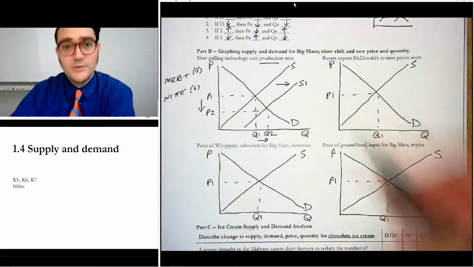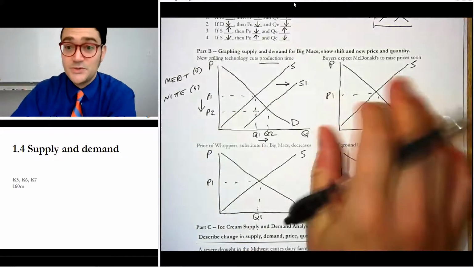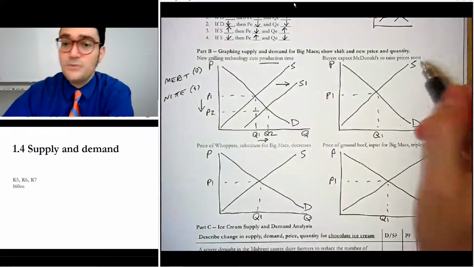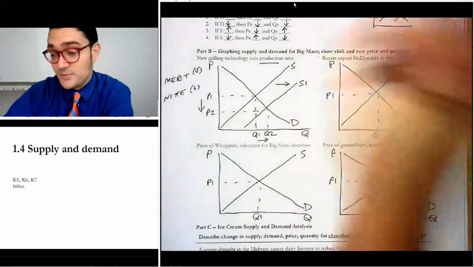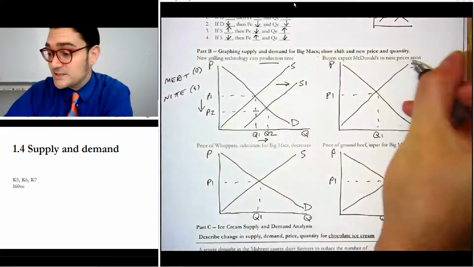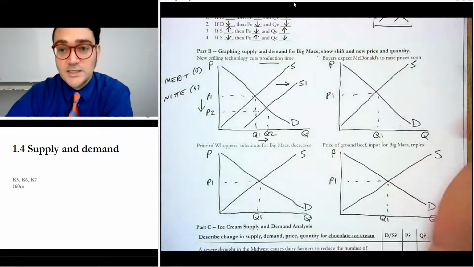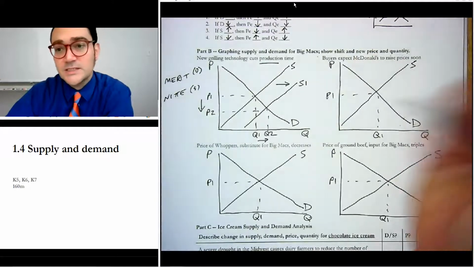This is what the free responses kind of look like, is drawing these graphs. And so you've got to be really on it with them. Buyers expect McDonald's to raise prices soon. Well, that tells you this is probably going to be a demand shift. Big Macs are sold at McDonald's, and if buyers think that McDonald's is going to raise prices